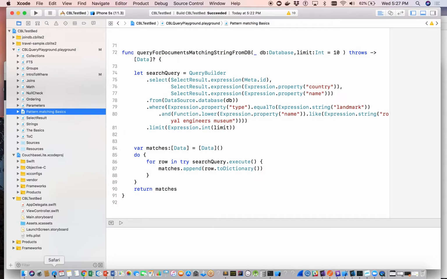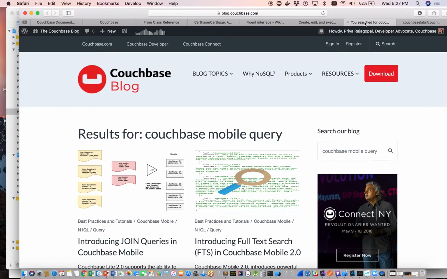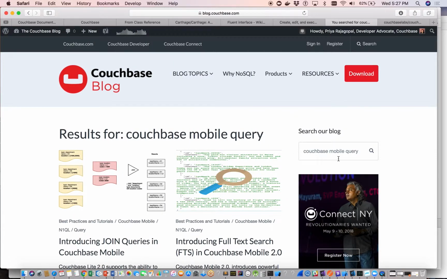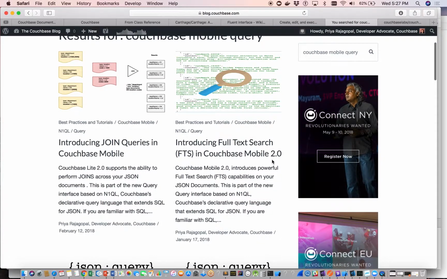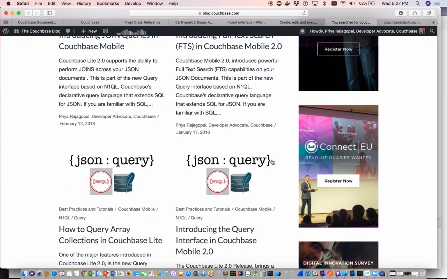Now, with that, one last thing is on blogs. If you go to blog.couchbase.com and search for Couchbase Mobile Query, pretty much the top results that you would see relate to the Couchbase Lite 2.0 Query API. Almost all the examples that are discussed in the playground were used for writing these blogs. I would recommend that if you're interested in learning in detail about